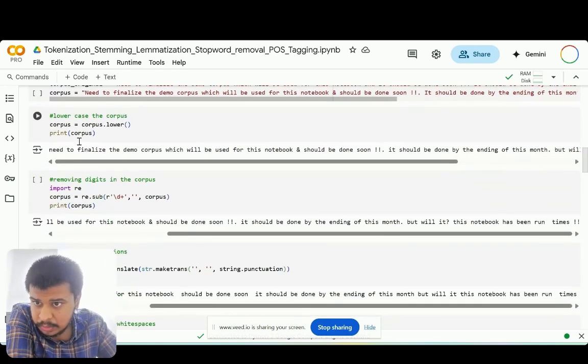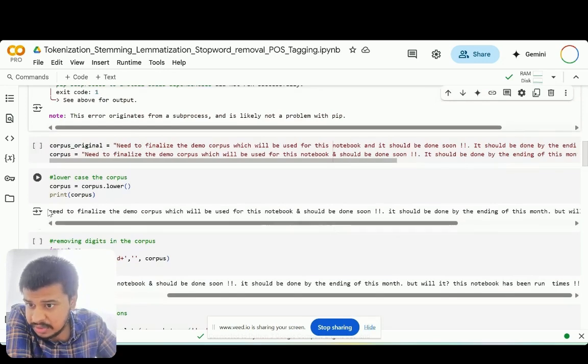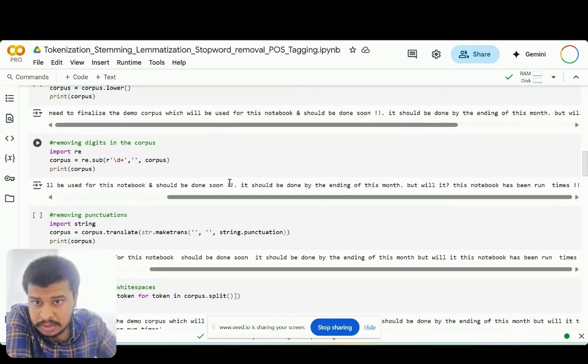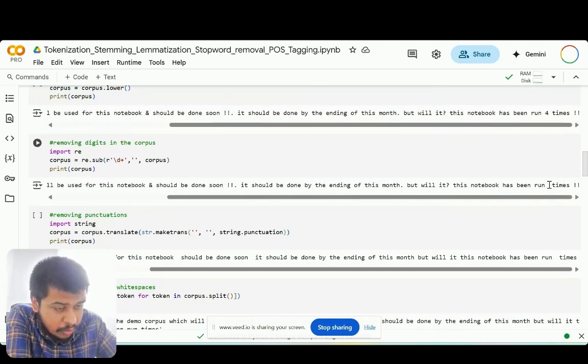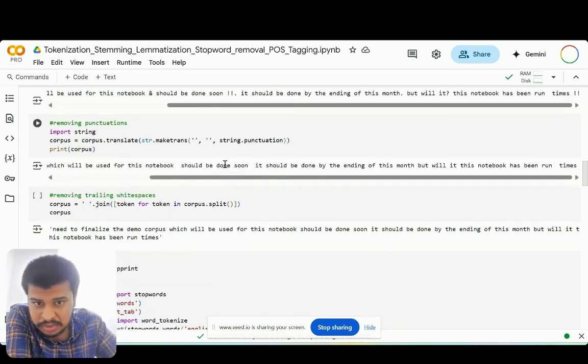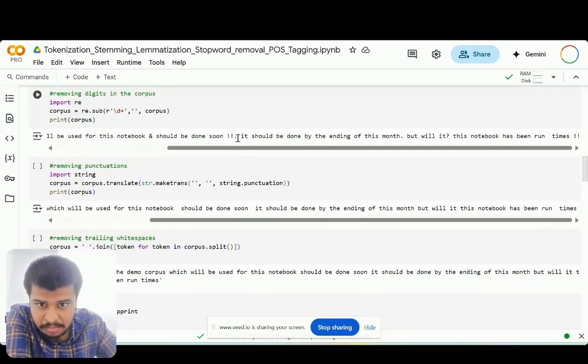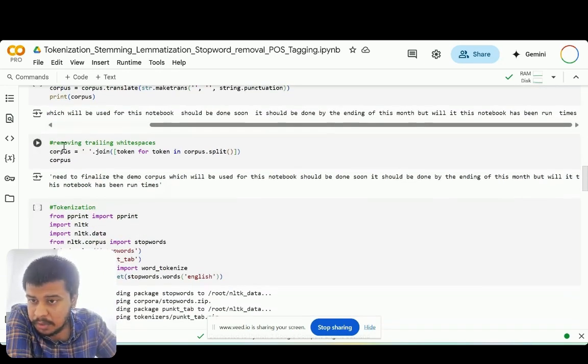So you run this, then you lowercase all of the corpus, so you get this. You can see here, right? The capital letter N is now a small letter, and then we remove all of the digits. So you can see here it was 4 times here, but the number is now gone. Then you remove the punctuation, so you can clearly see here there are no exclamation marks or full stop. All of it is removed. And then you have removing of the trailing white spaces. So all of the trailing white spaces are removed now. See here, you can see this trailing white space is now removed. Are you able to see this? So yeah, and then